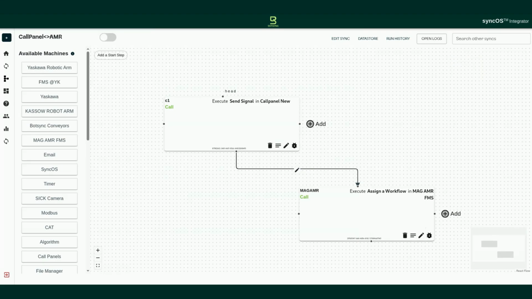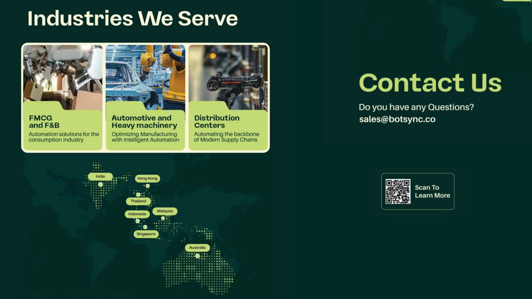So if you're looking for a way to streamline your workflows, save time, and reduce errors, give SyncOS